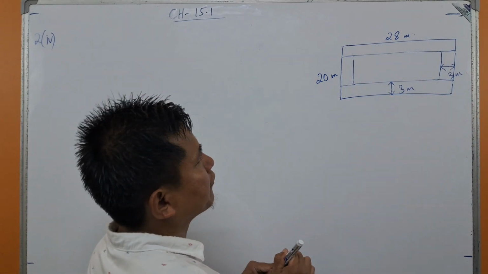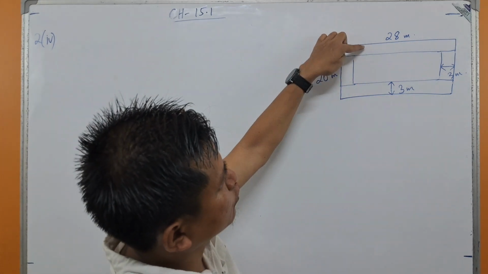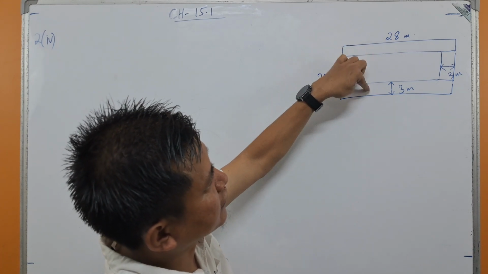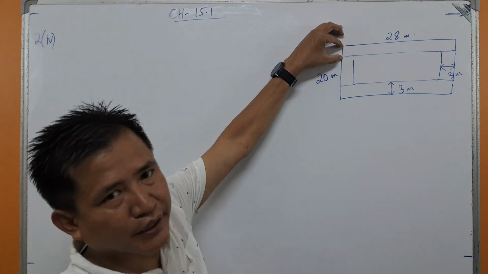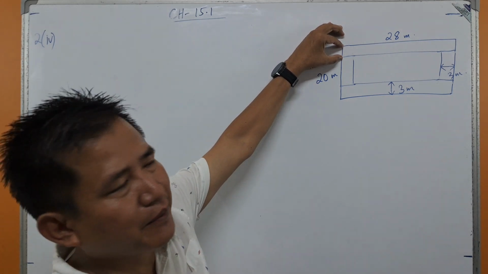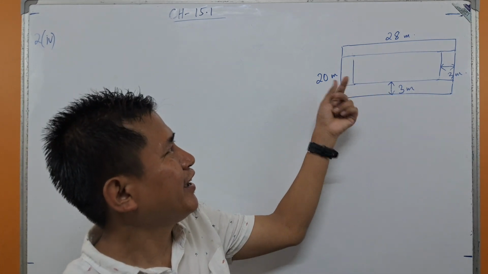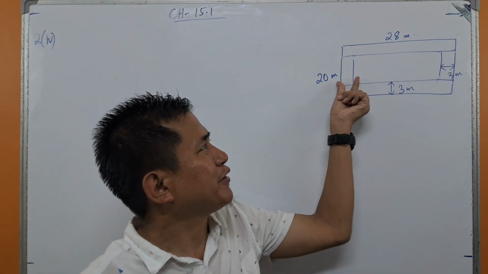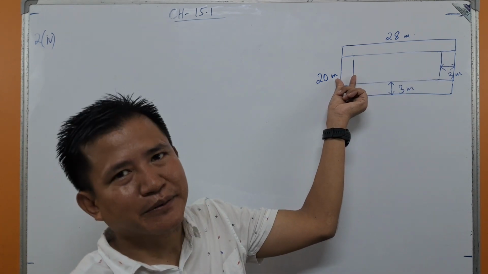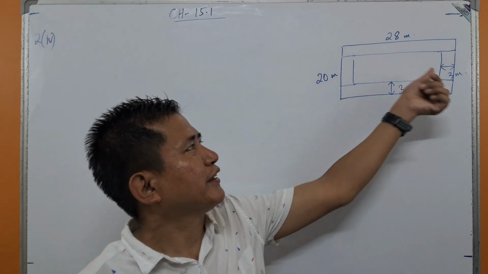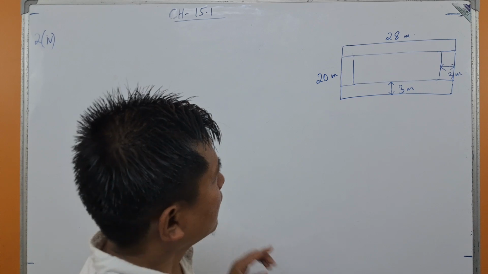Now first we find the area of this rectangle. After that we can see these two rectangles are similar to each other, isn't it? So if we find the area of this rectangle, we multiply by 2, and when we multiply by 2 we get the total area of these two rectangles, isn't it? Similarly, these two rectangles are also similar to each other. If we find the area of this rectangle, simply we multiply by 2 and we can get the total areas of these two rectangles. Okay, so first,